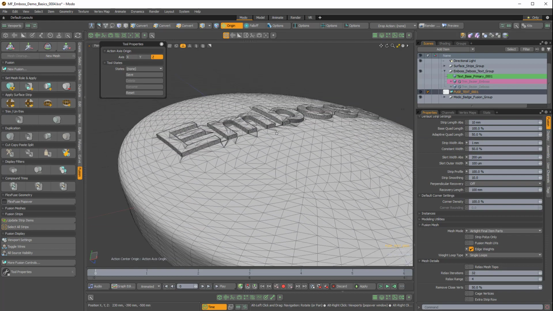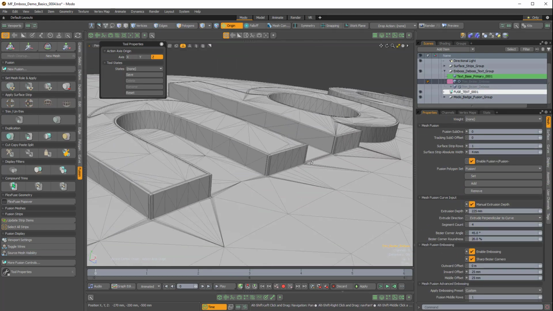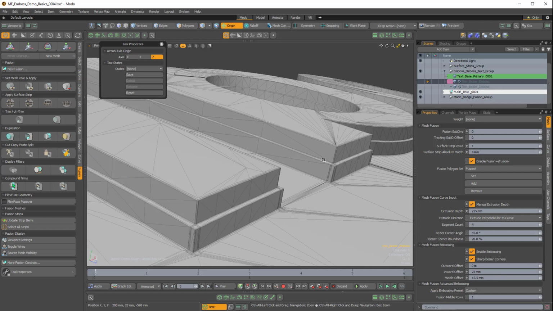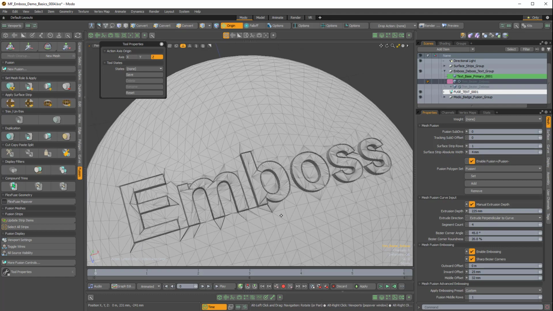We could also select this, and if you want it to be a little bit more stepped, you can take the middle offset and do half of 25 millimeters. You can either do 12.5, or you can use math directly in the text input fields. So if you just divide this by 2, you get 12.5 millimeters. And here you can see it's kind of stepped. Or you can make it higher, 32 millimeters. And now it's going to rise above, and it's going to give us that kind of outline or border, which